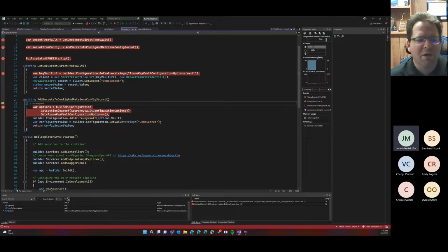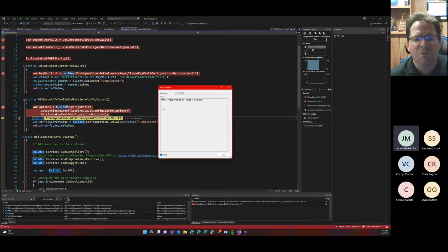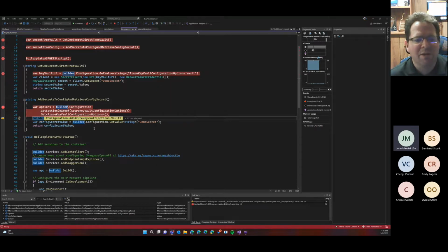So what I'm going to do here is load up the configuration, and I'm going to say, first of all, get me the Key Vault options, which tells me where the Key Vault is. The one thing that you have to have in your local configuration, again, is really just this URL that points to the Key Vault you're using. So now that I've got that, I'm going to say configuration add Azure Key Vault, and it's literally a one line. This will probably take about the same period of time as getting the single value,